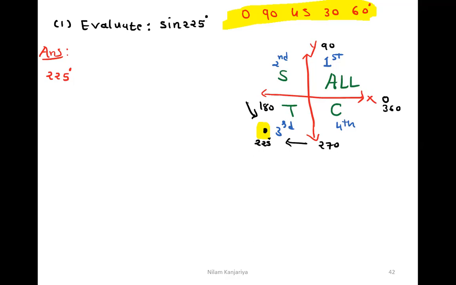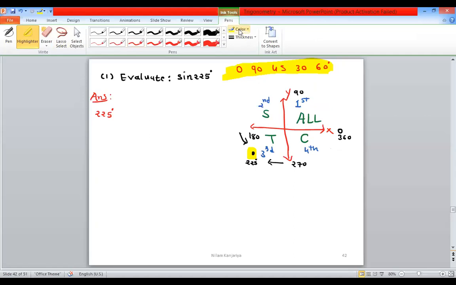We know I want to reach 225. So something we can add to 180, or something we can subtract from 270. But what we can add and what we can subtract, this addition and subtraction depends on these only 5 angles. You can take any angle from it and add or subtract it. So look here, if I'm using the 180 degree, this angle.